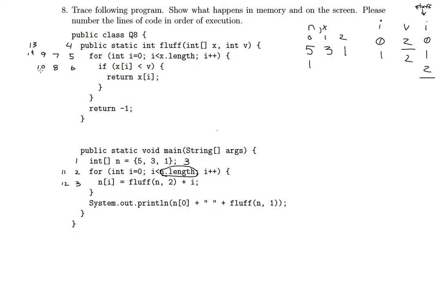Okay, 14. I am in range here with my i set back to 0. I'm going to loop through the array and figure out if anybody is less than 2. And if they are less than 2, I'm going to return it. So I just fixed that. So I know that x sub 0 is now a 1. That one is less than 2. So I'm going to return that number right away. So the first thing that I do is I return